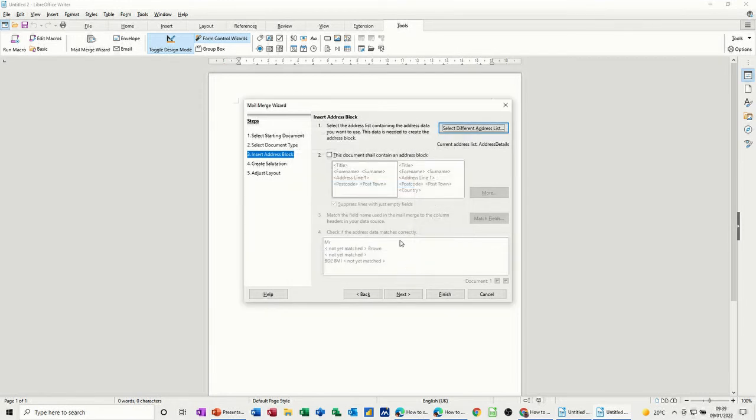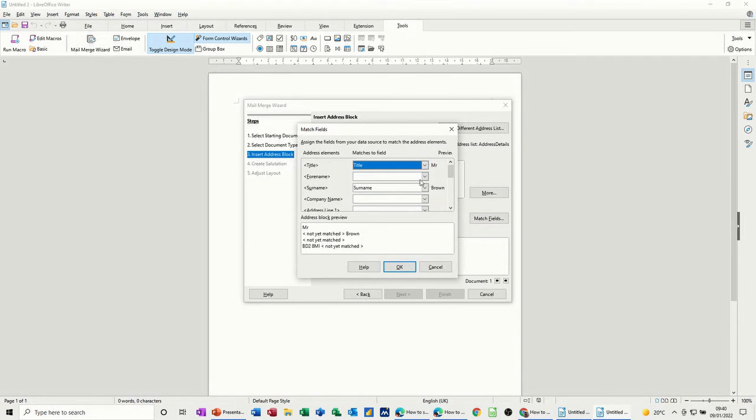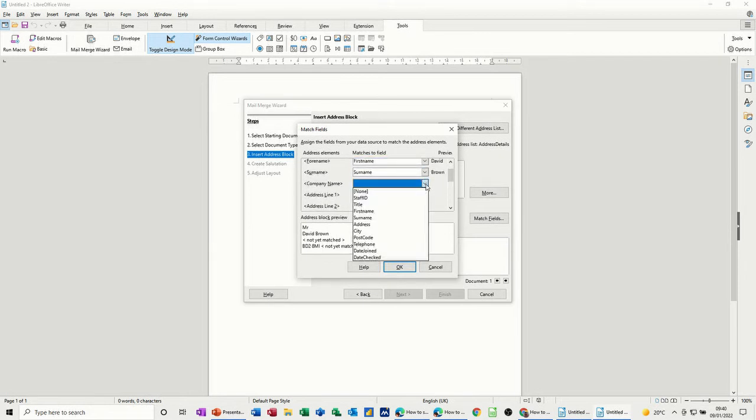OK, and now I need to make sure I get the right fields matched across. So you've got this option here, look, match fields, because at the minute it's not looking very good down the bottom there. So let's go on to this option. So title is title, forename in this list is first name, so it puts the first name, surname's already there. Company name, I don't think I've got company name in this database, I haven't. Address line 1 is address, there isn't an address line 2,